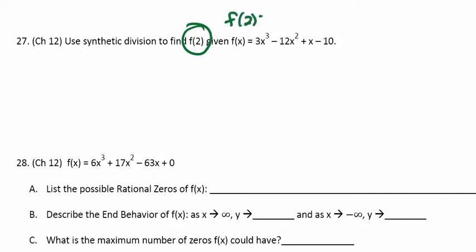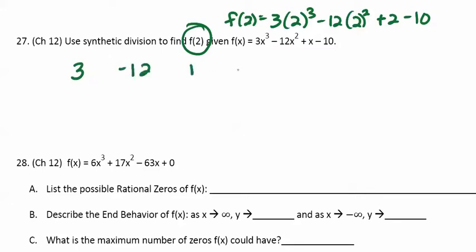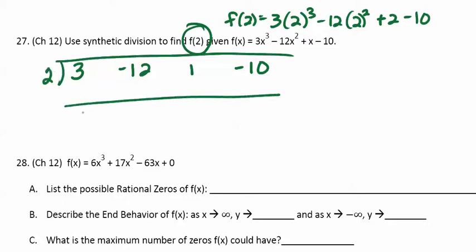We could just take f of 2 is equal to 3 times 2 cubed minus 12 times 2 squared plus 2 minus 10. And of course you could grab your calculator and do that, and you would come up with the answer fairly quickly. Here we're going to use synthetic division for the same process, and it's really just a gimmick, another algorithm that does the same thing, and it might seem that the arithmetic goes a little bit more quickly. So remember that we bring down this first value, and then we multiply diagonally, and then we add the